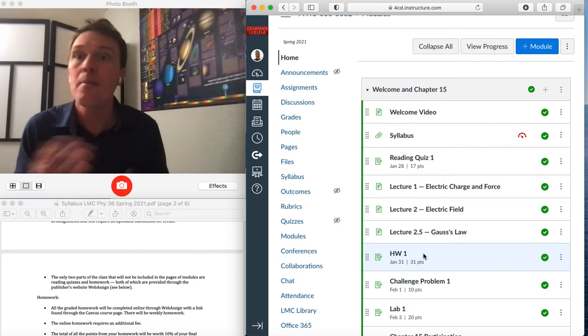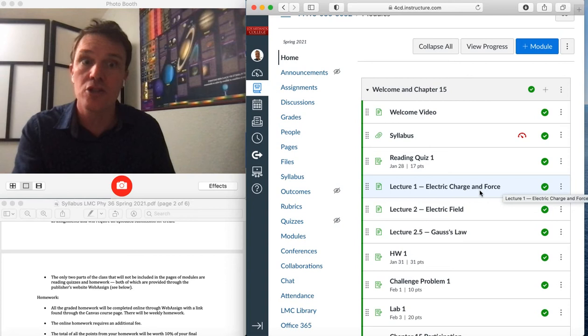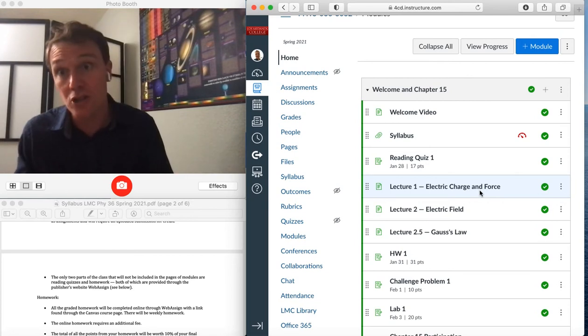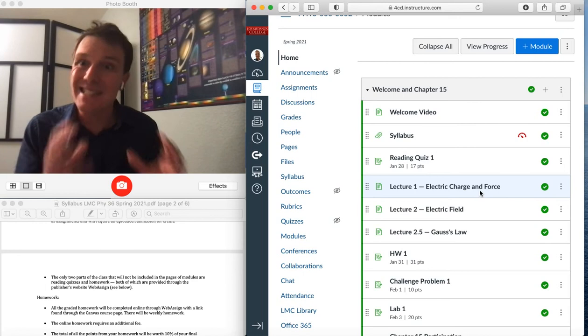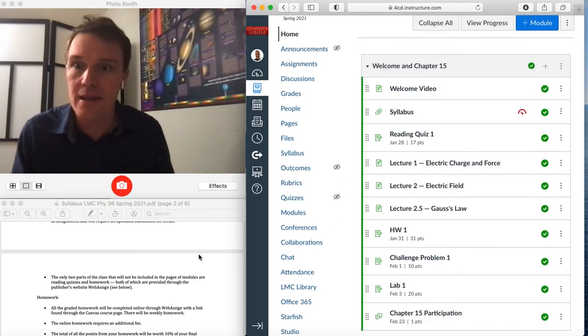I know it's weird to see it, but for the most part, it's just going to be 1, 2, 3, and so on. And they're all going to have names like this. I think these names are more intuitive than previous naming conventions where I included these sections. However, I will add a parenthetical note to the modules that will say what sections they come from, so that you will be able to cross-reference these titles, like lecture 1, electric charge and force, to the particular sections in your textbook that cover electric charge and force. But the title of the document itself is more general. Okay, so enough about the nuts and bolts of that.